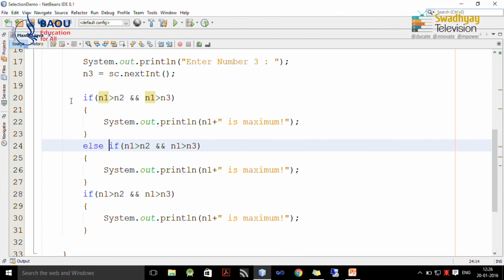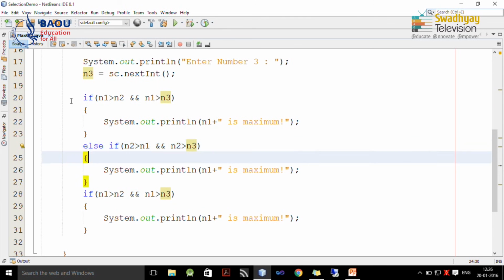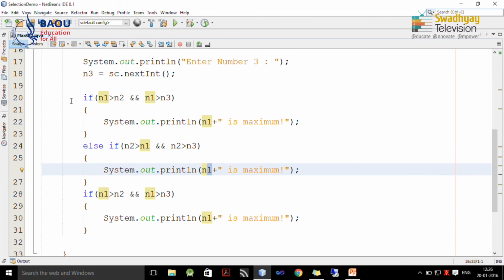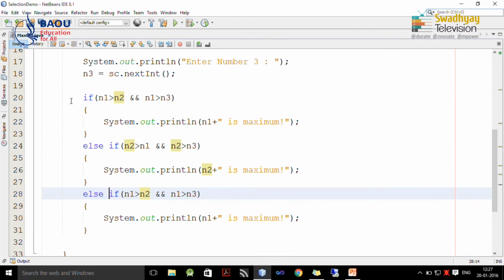Now, n1 is maximum. Now, we are going to check whether n2 is maximum. So, our condition is n2 is greater than n1 and n2 is greater than n3. So, here we write n2 is maximum, and if both the conditions are false, we are going to check whether n3 is maximum or not.